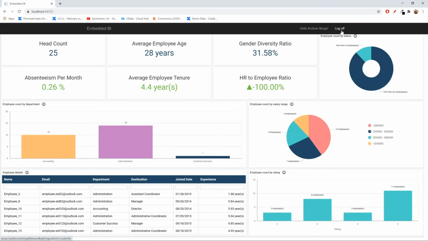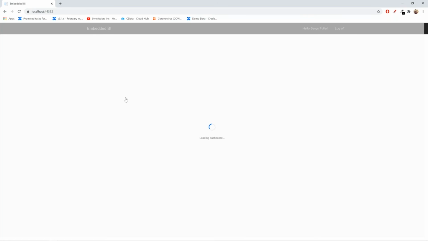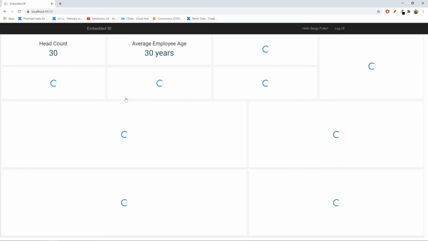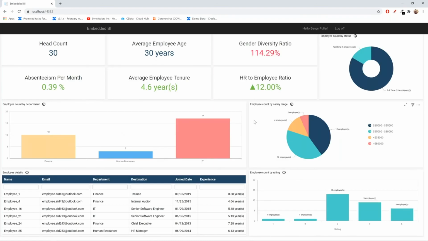And let me log off and sign in as a different user. You can see the data is now being changed for the other user Berks who logged in.